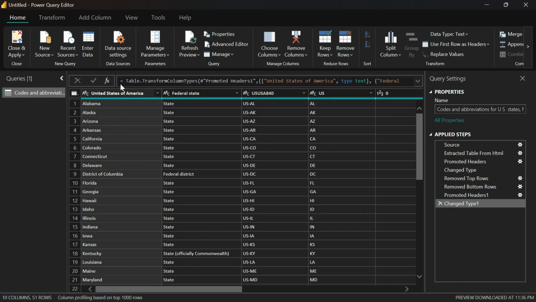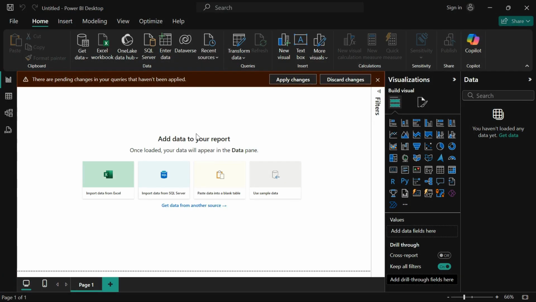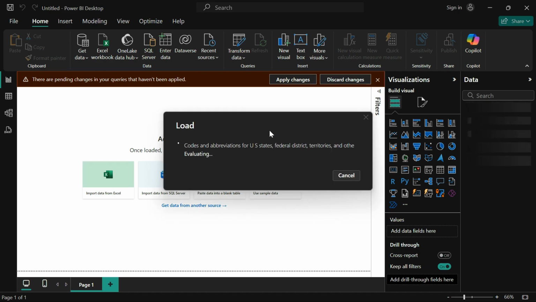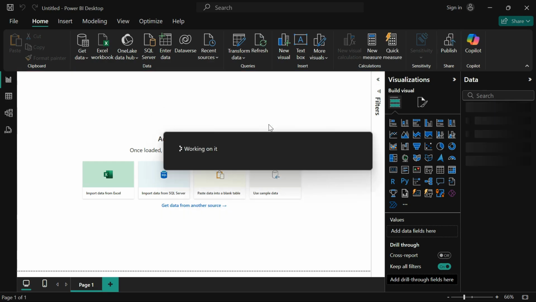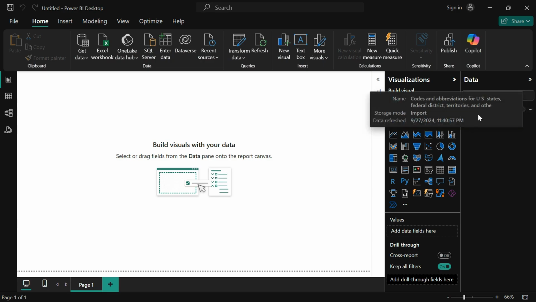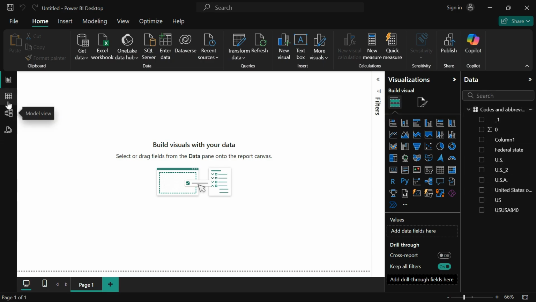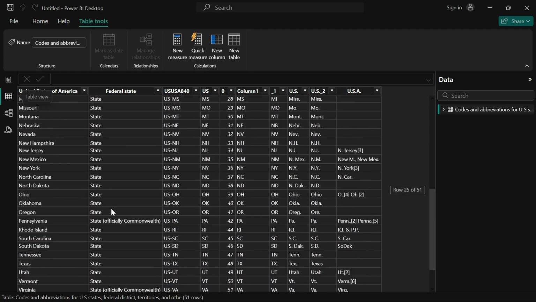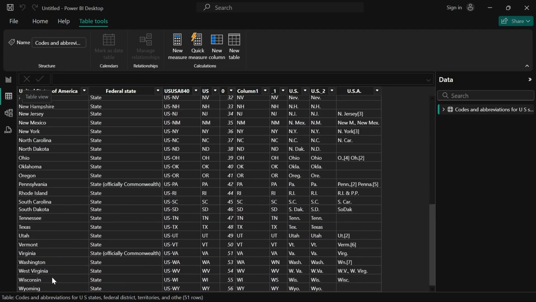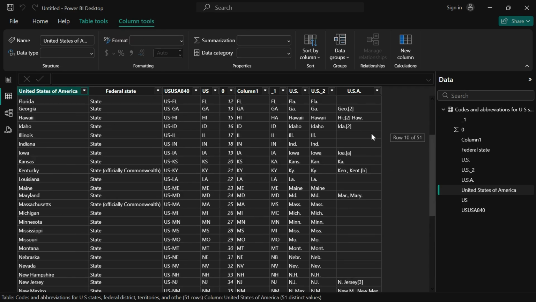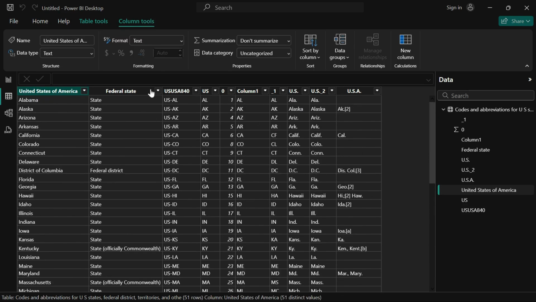Now, to load these changes into Power BI desktop, use the close and apply button under this home tab, and once you click on this option, it will start applying your changes and load your data into Power BI desktop. Your transformed data is loaded here. And now if you observe under this table view, you have 51 rows now, right, till this state. And the first row we have specified as the header is now our